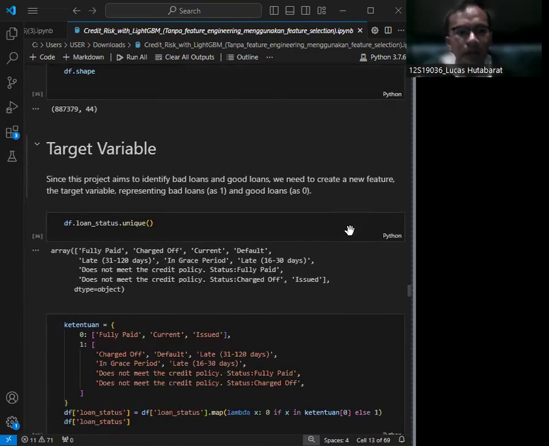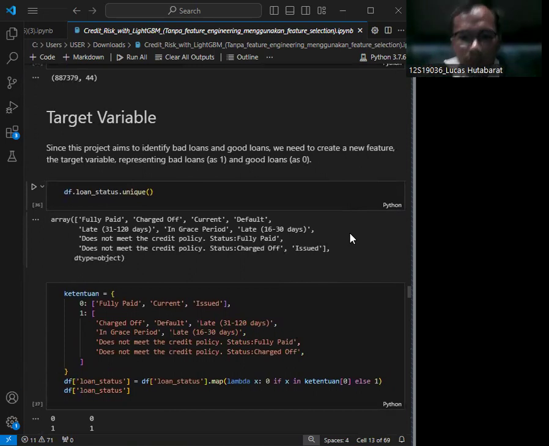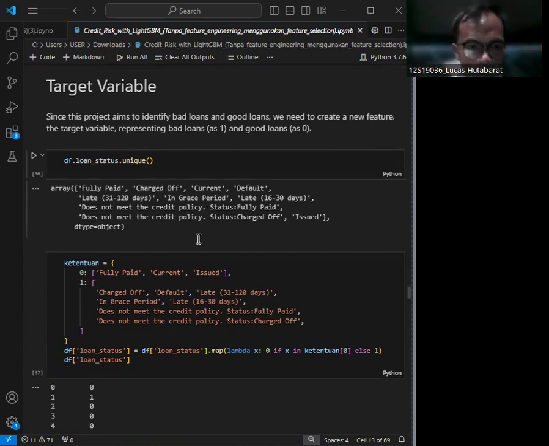And then we create a target variable. This converts the loan status column to a binary target variable for classification, indicating default or non-default status.